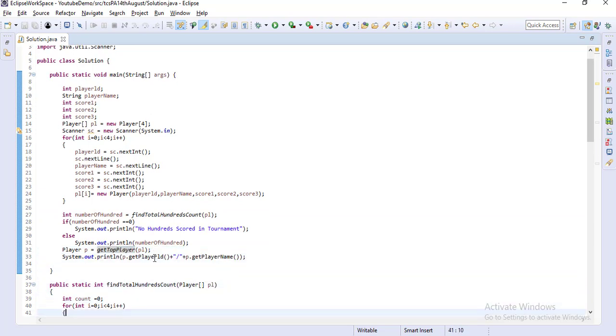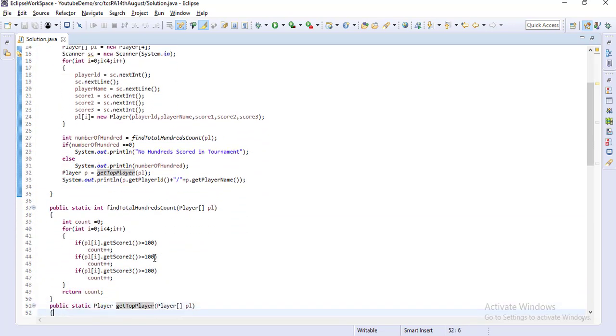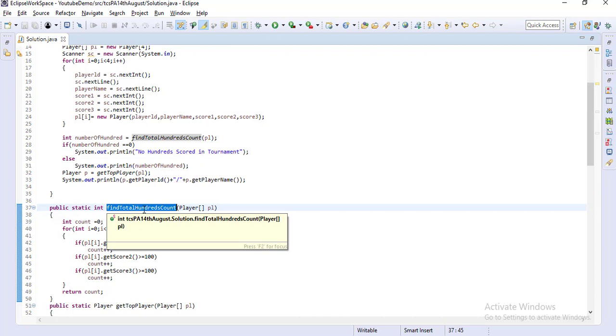Inside the first method, as this array contains 4 player objects, we are iterating 4 times, and for every iteration we check if score 1, score 2 or score 3 is greater than or equal to 100, then we increment the count. At the end of the for loop we return the count value.